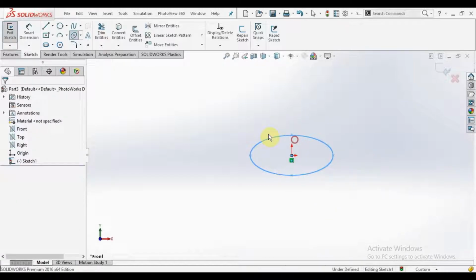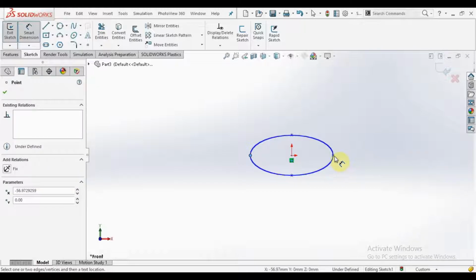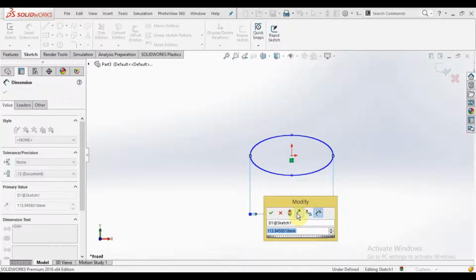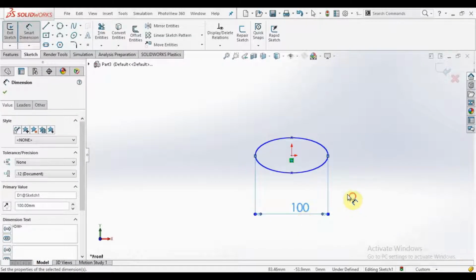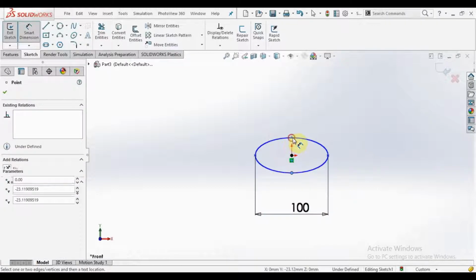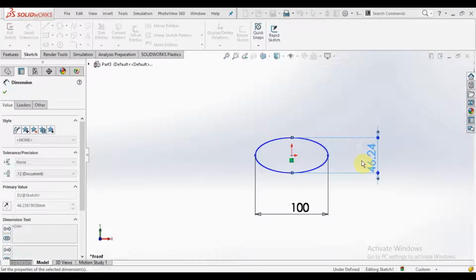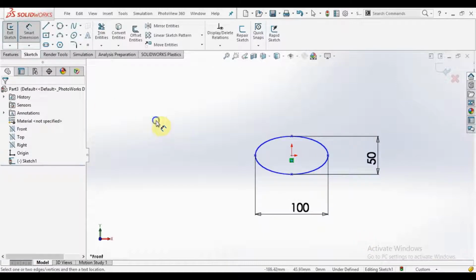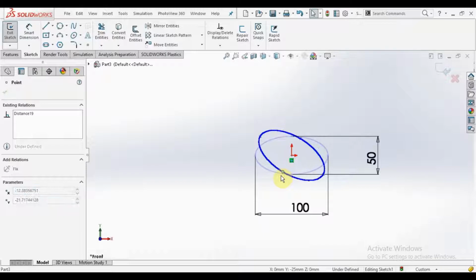For fixing this, give the smart dimension and give the dimension in between, like 100 by 50 mm. Okay, now it is not fixed because this ellipse is movable in vertical or horizontal direction or at angular.